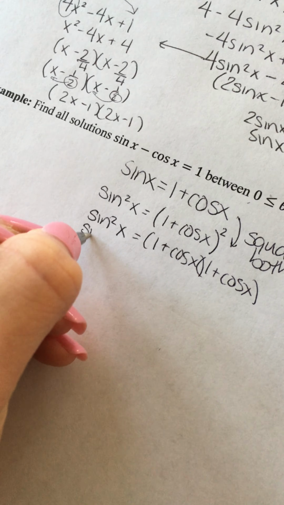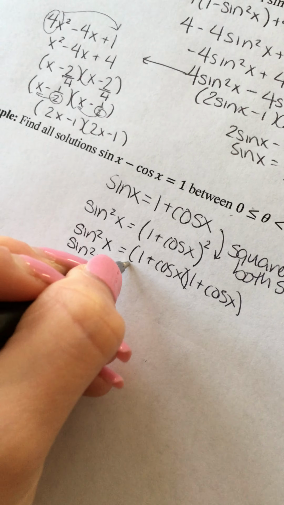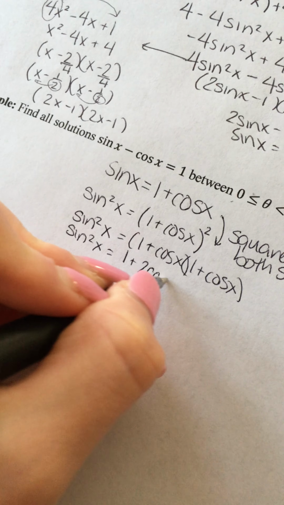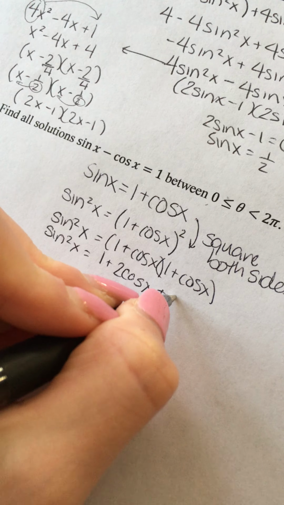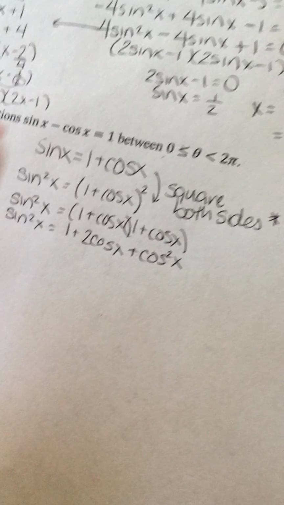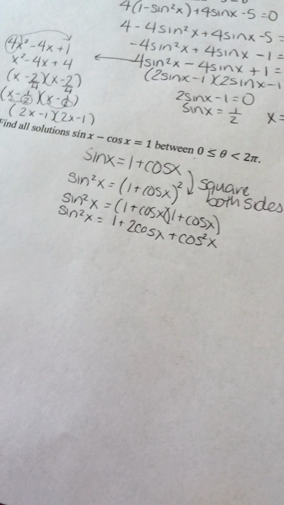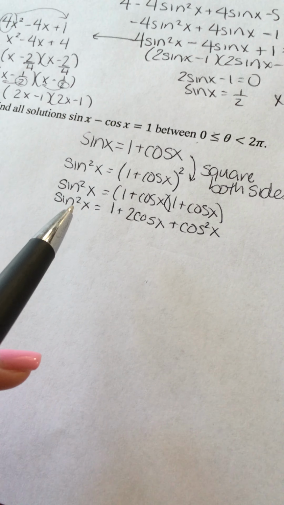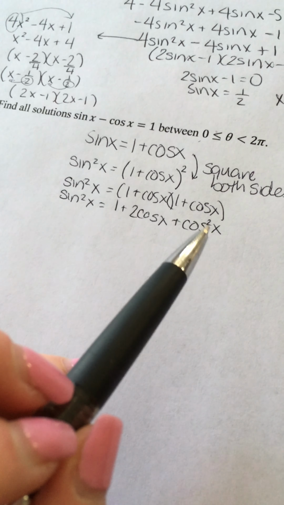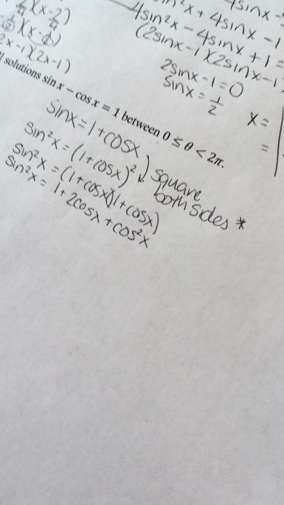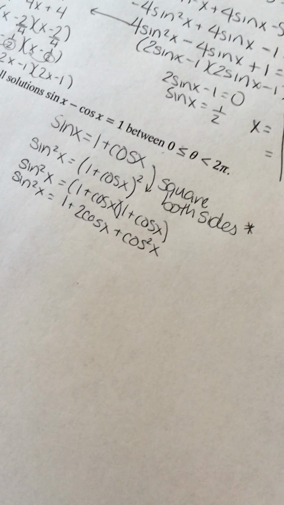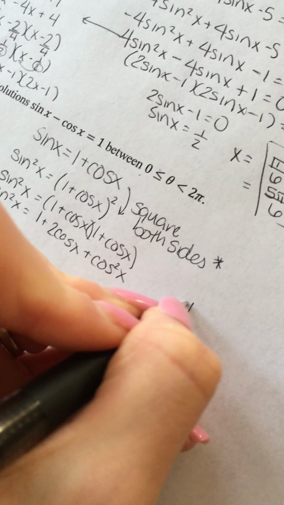All right, so I'm just going to work this right side here. I'm going to get 1 plus 2 cosine x plus cosine squared of x. All right, so this looks great. And if you're looking at this and thinking, but I still have two different trig functions, you're correct. But we have a sine squared, a cosine squared, and a regular cosine. So here's another piece of advice, and this piece of advice can go through all of these problems, is that